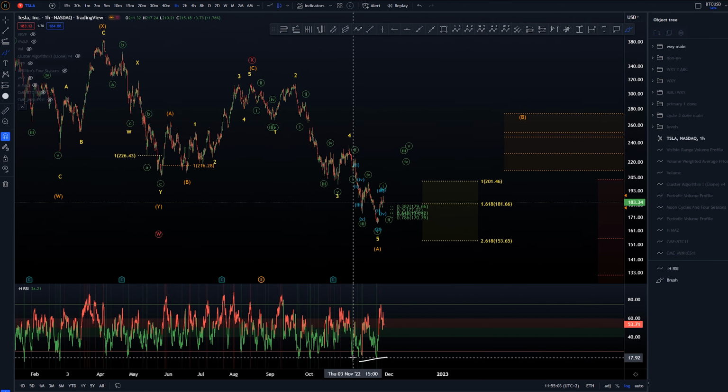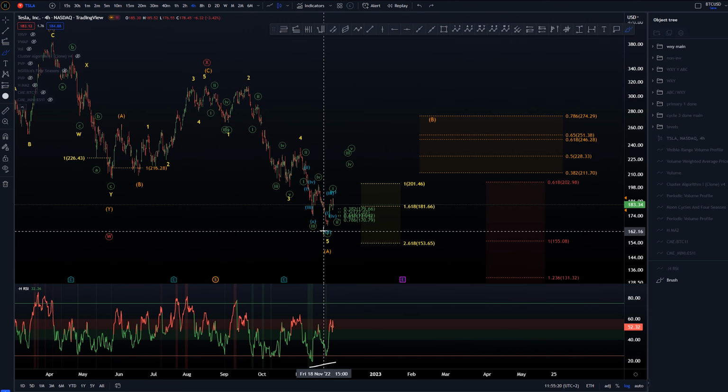some divergences here. Let's see if they are more visible here on 4 hour. Yep, on here. But again, there are of course some issues with this one where we don't have divergences from these lows against the lows of these. So